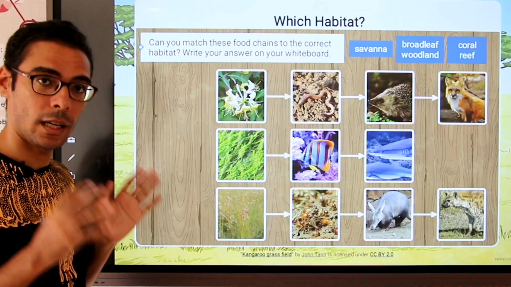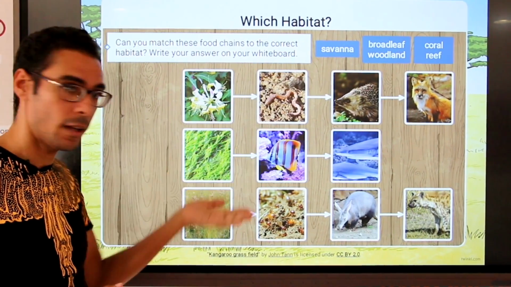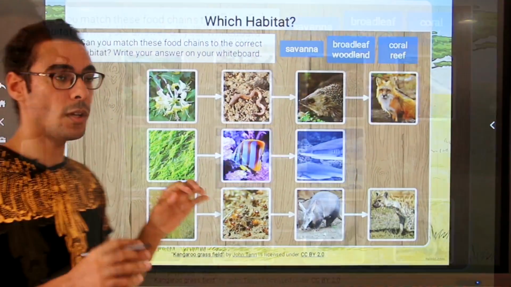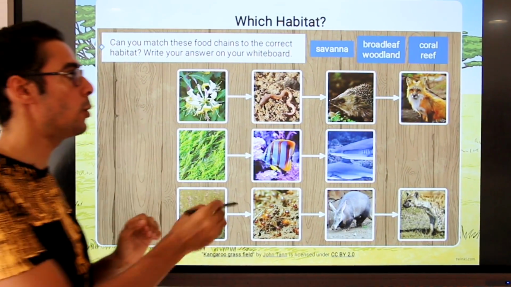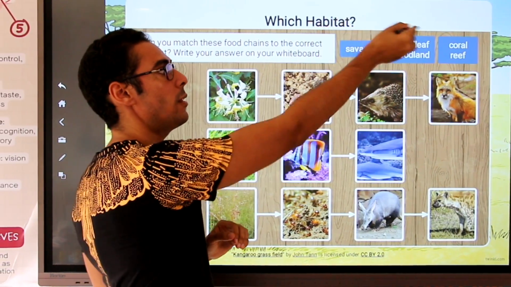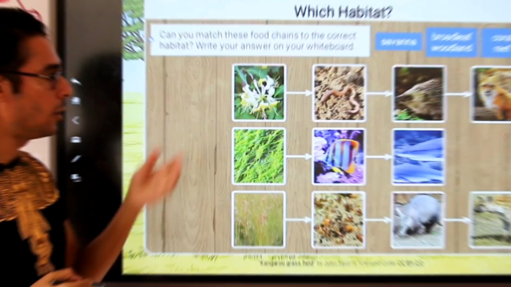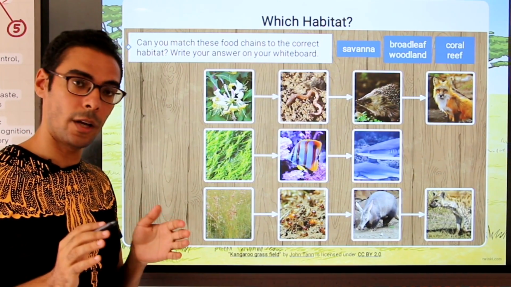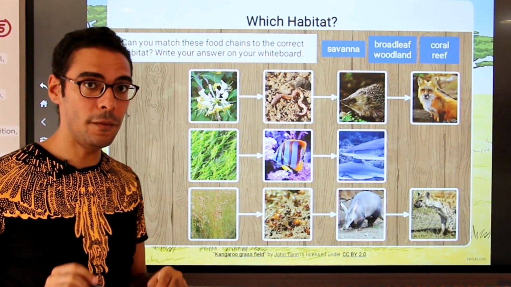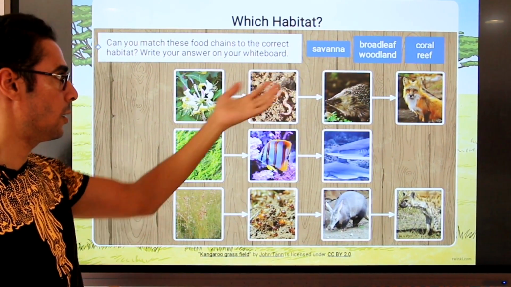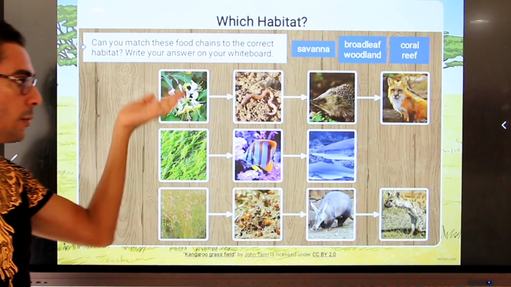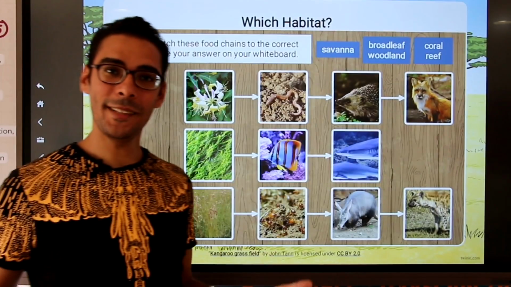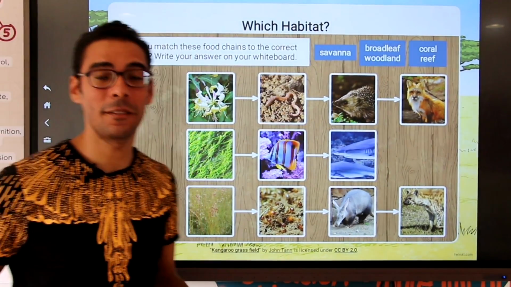In front of you, a complete food chain for every environment, for every ecosystem there. But the ecosystems are not labeled, so we need to locate these food chains within these ecosystems. You might be thinking about the first one for a while, then the second one, the third one as well. Stop the video, think about which ecosystem is supposed to be the ecosystem of each one of them, then play the video again to reveal your answers. And now let's reveal our answers together to make sure they are correct.